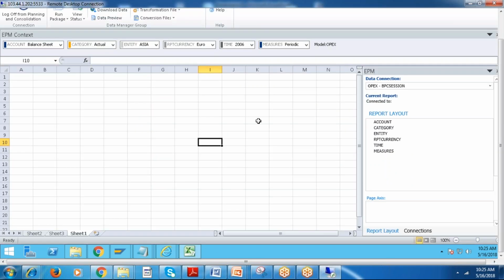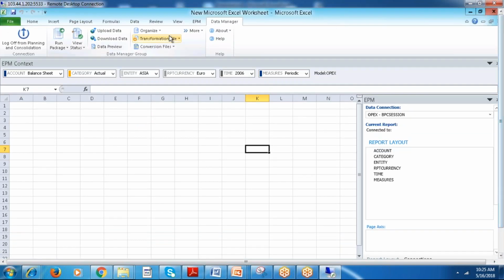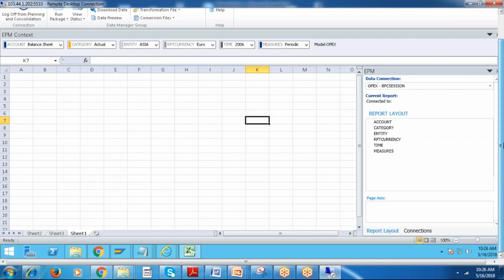We load the master data through Data Manager packages. By selecting the run package, you will get the master data, and it will update the entity dimension. That exercise we're going to perform tomorrow. It has some steps to do, and we'll follow the steps.